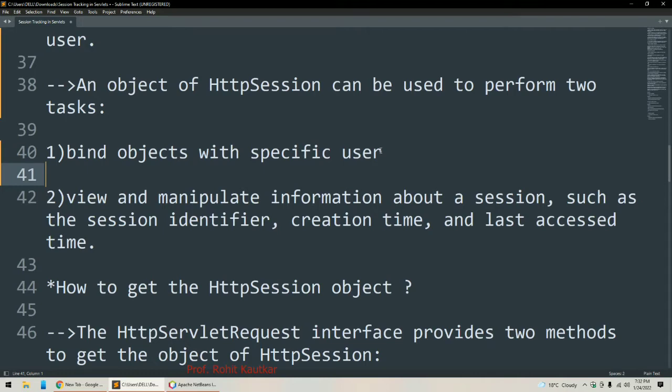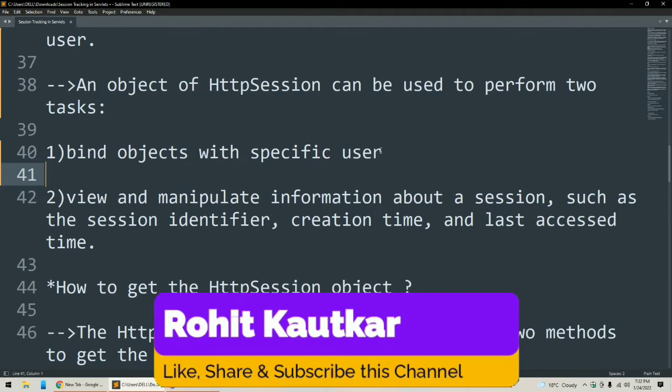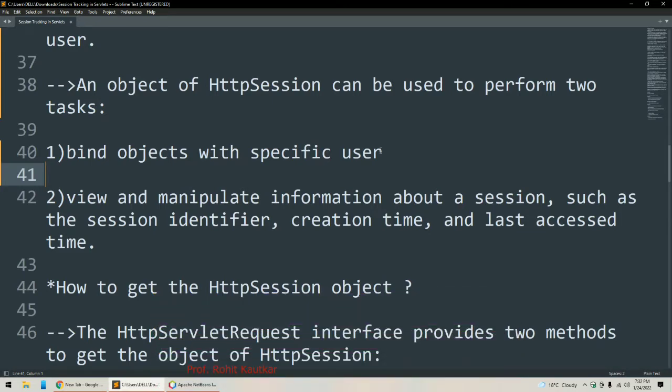For viewing and for manipulating the information about the session. So what you can view, what you can manipulate, what you can access, such as the session ID, when the session was created, when it was last accessed. Such kind of details can be retrieved, viewed, as well as manipulated with the help of the HttpSession object. So here the object of HttpSession is used for two purposes: for binding the object with a specific user